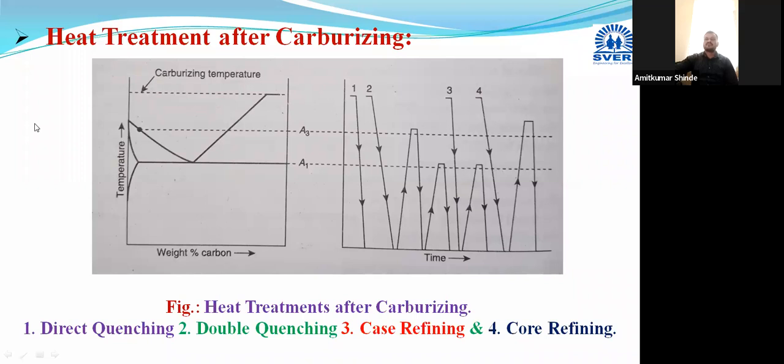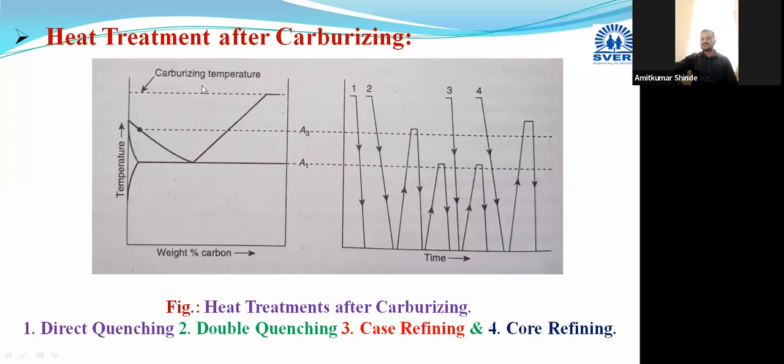Okay, now in the first part of this carburizing, this is the carburizing temperature, the high temperature zone we are using. The first part is completed. In the first part, carbon from the carbonaceous medium is dissolved or diffused into the steel, but it is not present in the form of martensite. Now this carbon should be transformed to martensite, which should be present to give the desired hardness and wear resistant surface. For that, quenching is required.